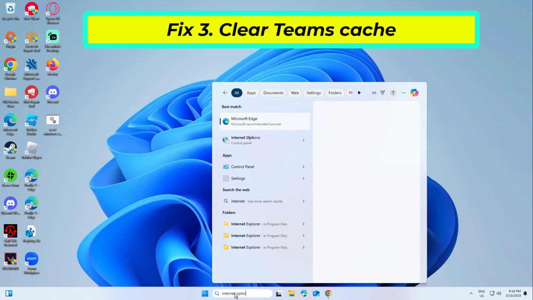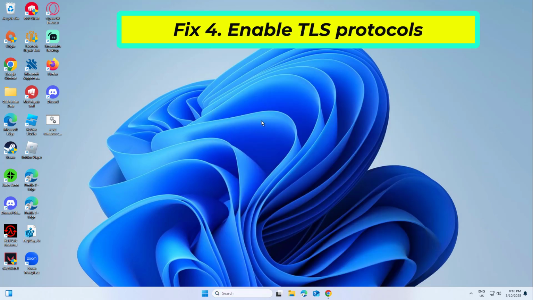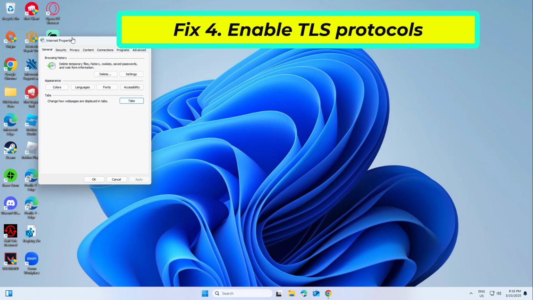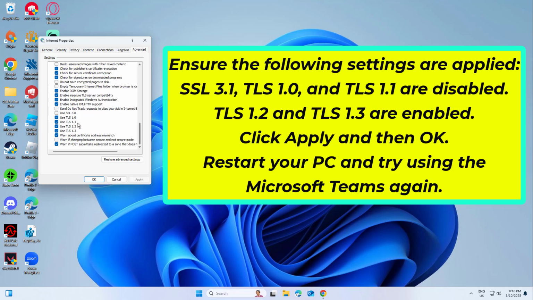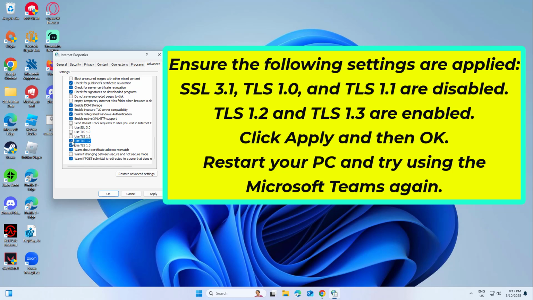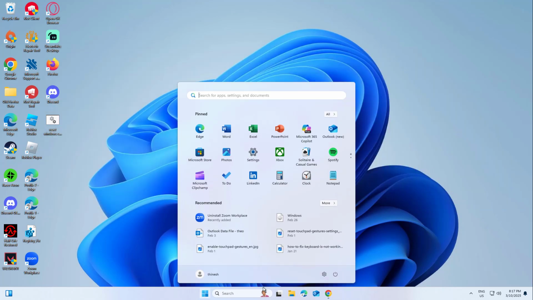If that didn't work, modern security standards are a must for Teams, and outdated protocols on your system could quietly derail its ability to connect. If that didn't work,